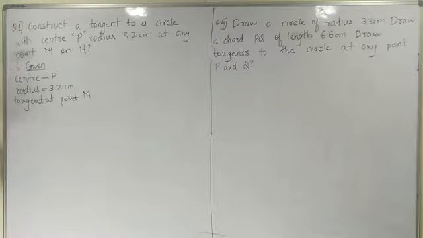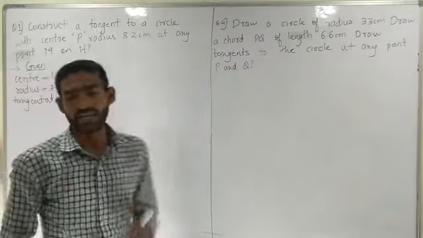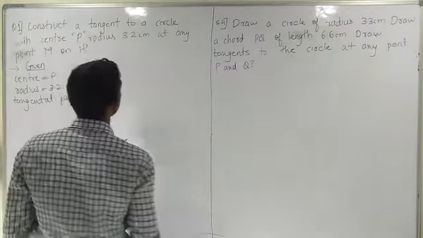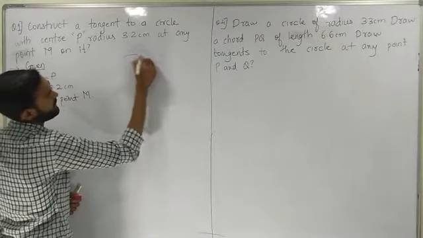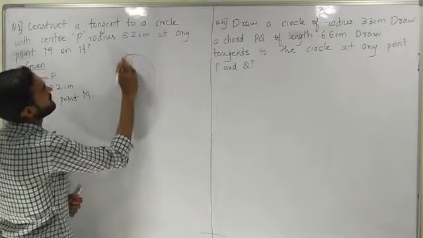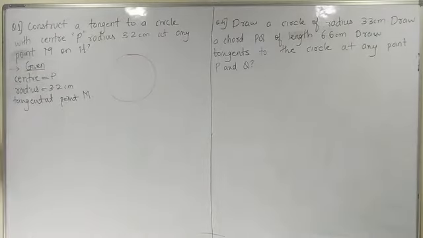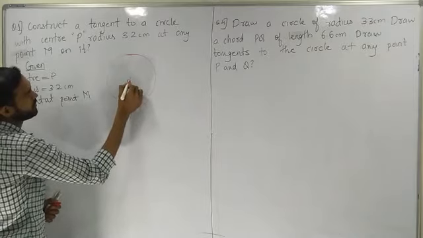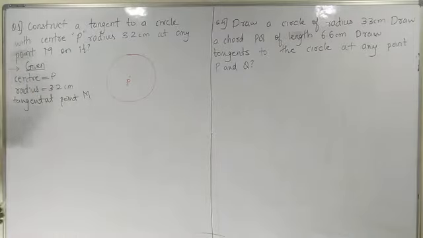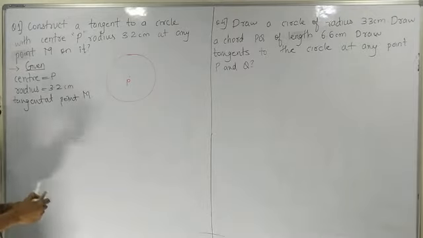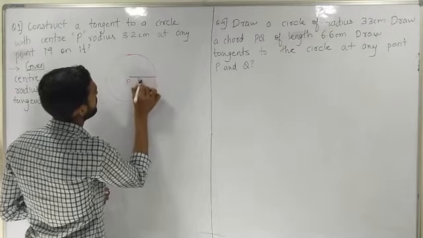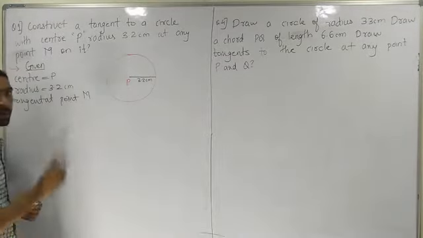Clear all? Now first what we'll do, before starting any construction, what is the most important thing? The most important thing is to draw its rough diagram. So I need to draw a rough diagram. Let's say this is my rough circle without any measurement. Right? What do I know? Center. The center name is P I have taken. Now the radius is what? 3.2 centimeter. So I need to draw this radius. 3.2 centimeter approximation. Okay,